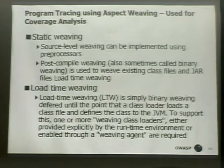Yeah, so it's actually I use post-compile weaving for the last one. And then there's load time weaving, which I used in this one. Load time weaving is kind of interesting. It is the same as post-compile weaving, except it's done as the classes are loaded into the virtual machine. And one interesting thing about it, I noticed, with this load time weaving is